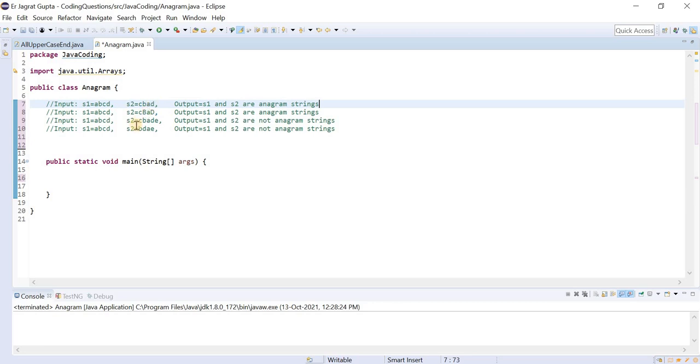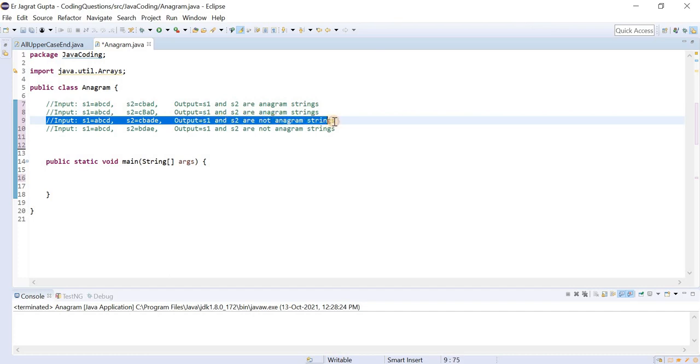If we talk about the implementation, then we need to implement lots of things in this particular program. The first thing is, just see this third type of variation. Here the length of this string is 4 and here the length of this string is 5.